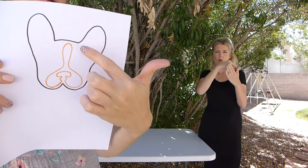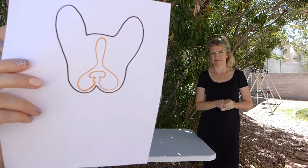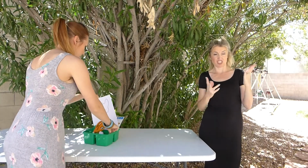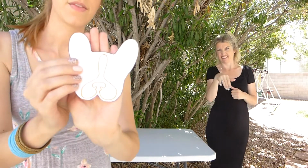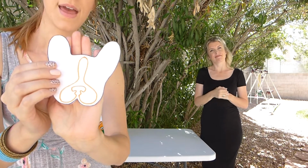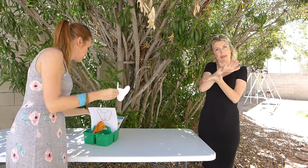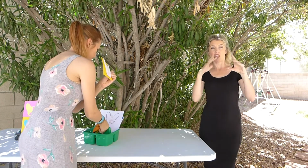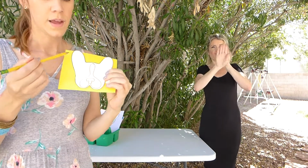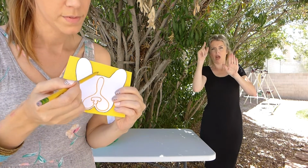So you're going to cut right along the black line here. Alright, and once you have it cut, it will look like this. Okay, so then you're going to take some paper, put it on your paper, grab your pencil, and you're just going to trace around the black line,